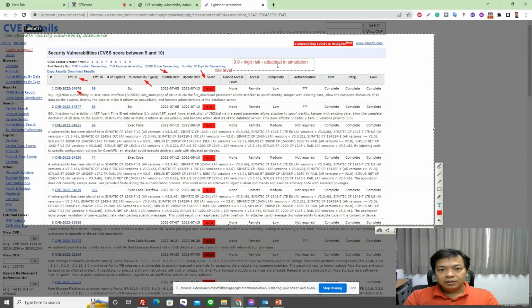Yeah, in simulation. If it goes up to level 9.3, that means this is a kind of high risk, but an attack test